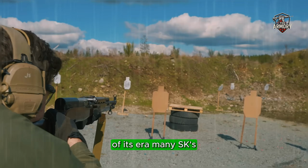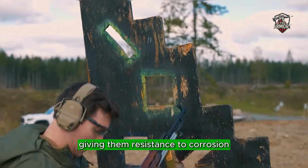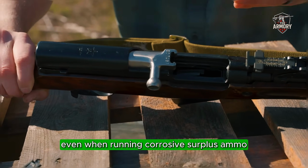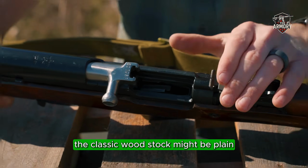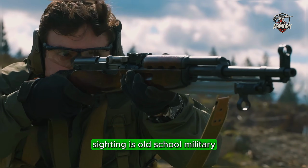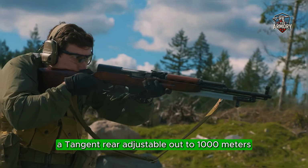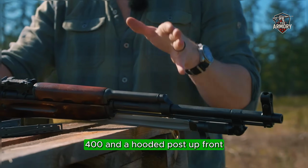Many SKSs still wear their original chrome-lined barrels, giving them resistance to corrosion and decades of service life even when running corrosive surplus ammo. The classic wood stock might be plain, but it's tough and gives the rifle timeless appeal. Sighting is old-school military, a tangent rear adjustable out to 1,000 meters, realistically accurate to 300-400, and a hooded post